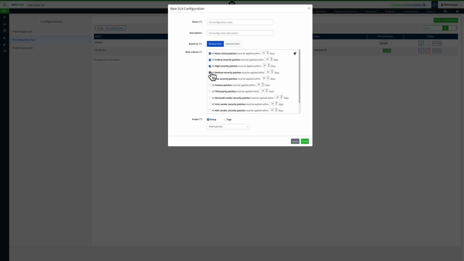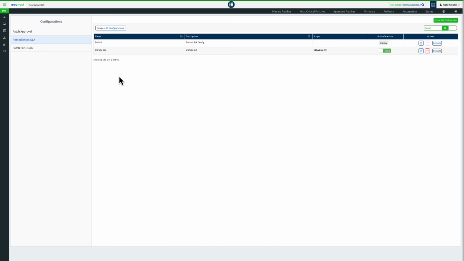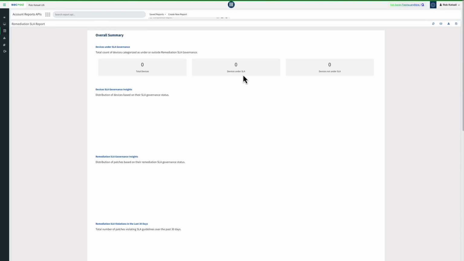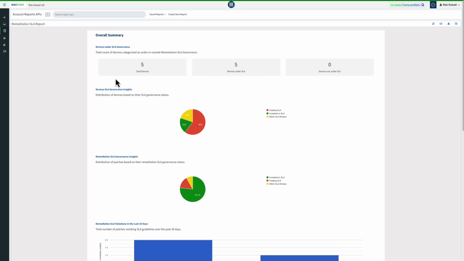And medium within 15, and then low within 30, and we're not worried about feature updates. We go ahead and create this SLA policy, and then I'm just going to jump over to the reporting tab here. Rather than just seeing things go in red as soon as a patch is released, we can run this remediation SLA report, and we can see here on the report total number of devices under SLA,